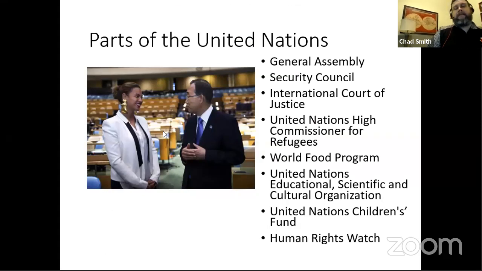There are many different aspects to the United Nations. The primary body of the United Nations is known as the General Assembly. And the General Assembly is where all 193 members of the United Nations can sit. And they can debate policy, they can talk about problems, they give speeches, they have ambassadors, sometimes actual heads of